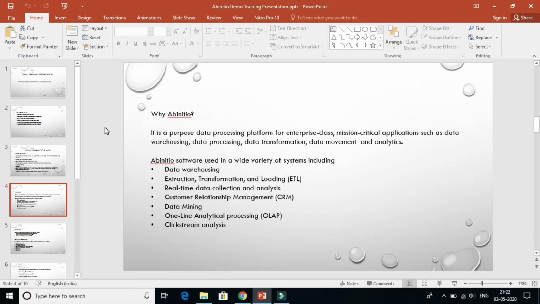So why Ab Initio? It is suited for business requirements where the organization dealing with the data wants to do some business intelligence with it. If they want to improve the data by looking at it, it needs some transformation to make the data useful for them to analyze it.